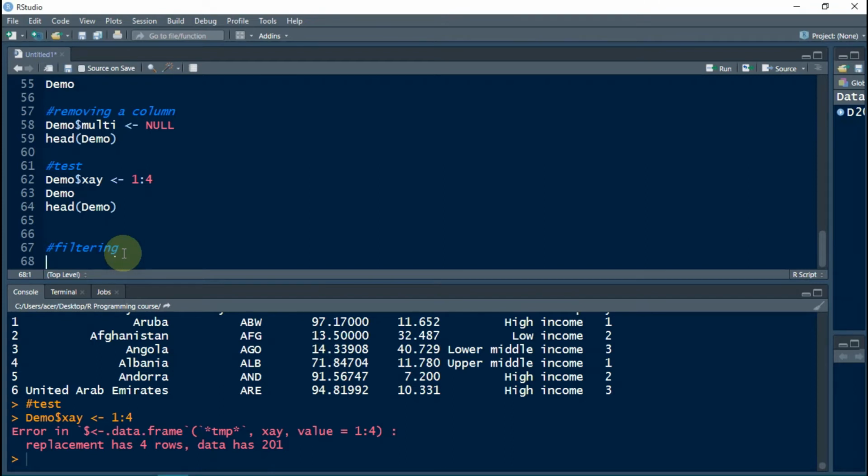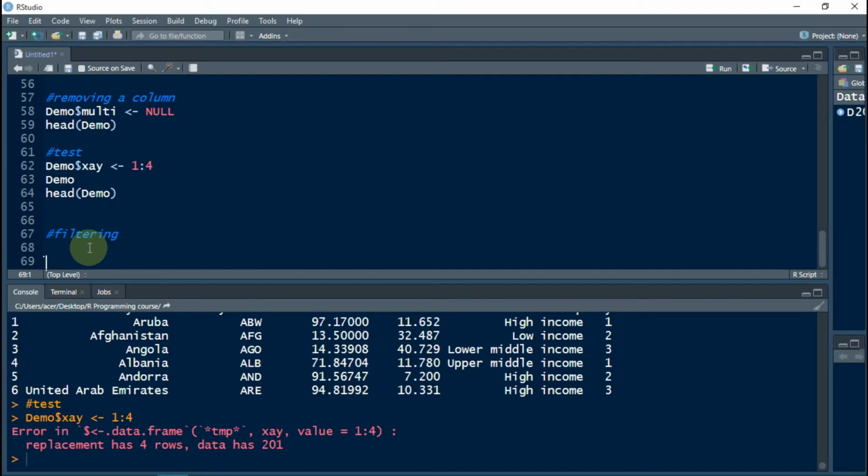So what is filtering? You might be quite familiar with the term, because it basically means we want to filter the data. It means we want a certain part of the data which meets our standards, and we don't want a certain part of the data that doesn't meet our standards.